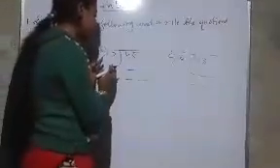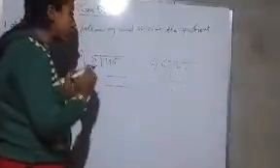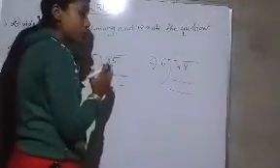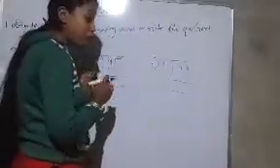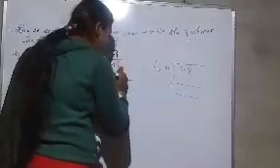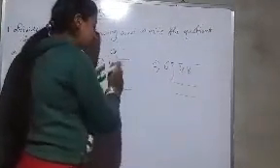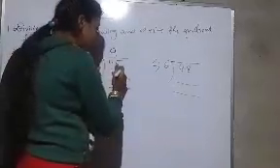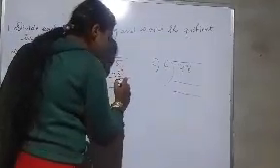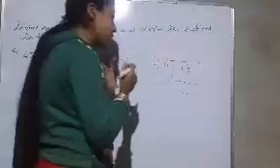Now let's come to the next one. 5. 5 ones are 5, 5 twos are 10, 5 threes are 15, 5 fours are 20, 5 fives are 25, 5 sixes are 30, 5 sevens are 35, 5 eights are 40, 5 nines are 45, right? If we multiply 5 and 9, then we will get 45. So after subtracting 45 minus 45, this one also will get 0. So here also our remainder is 0.